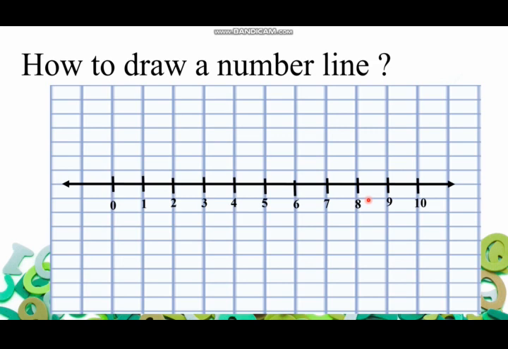and 10. So always remember, whenever you are drawing a number line, for now you have to mark the numbers 0 to 10. It will be a continuous line with arrows on both the sides. Now today we have learned the addition property of 0, addition property of 1, and what is a number line and how you will draw the number line in your notebook. Okay, so you will keep practicing it, and for now आज के लिए only this much.